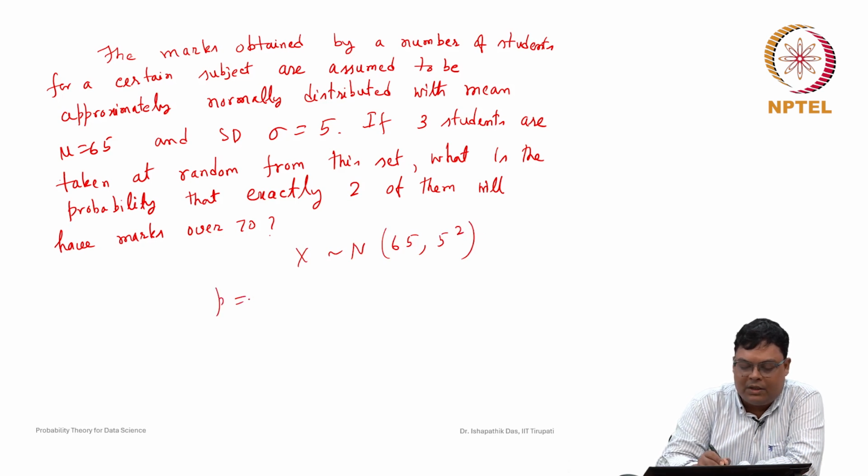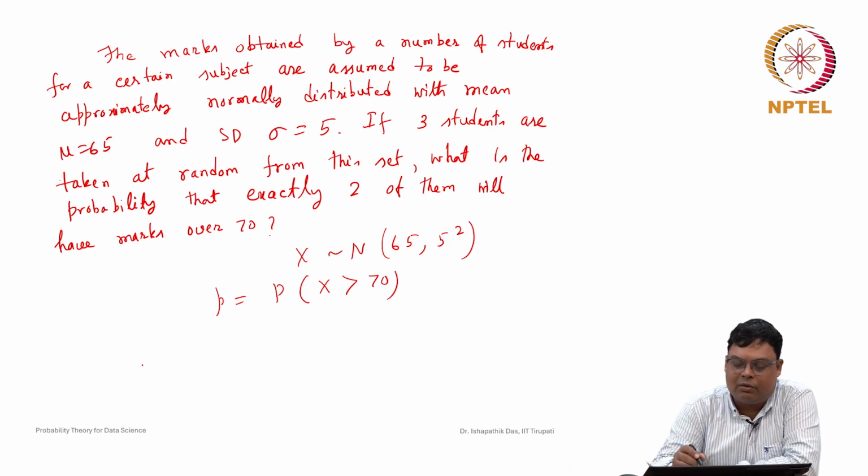Now p is the probability that any student's marks are greater than 70. The question is: out of 3 students taken at random from this set, what is the probability that exactly 2